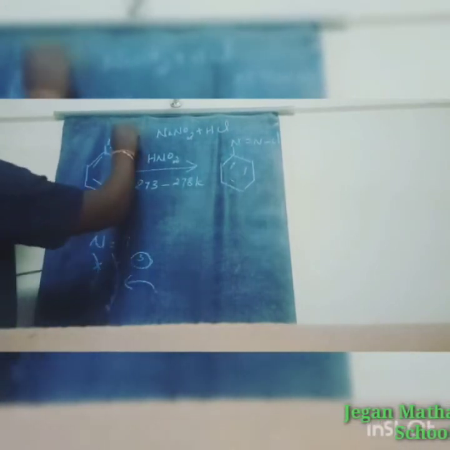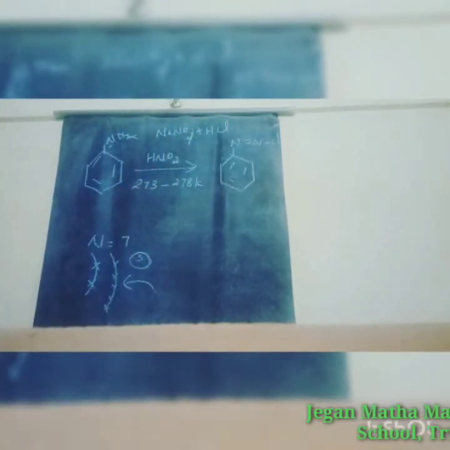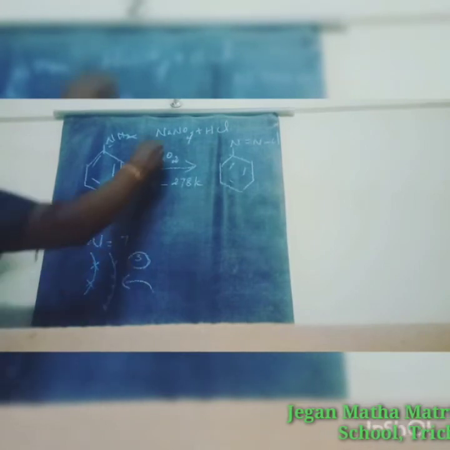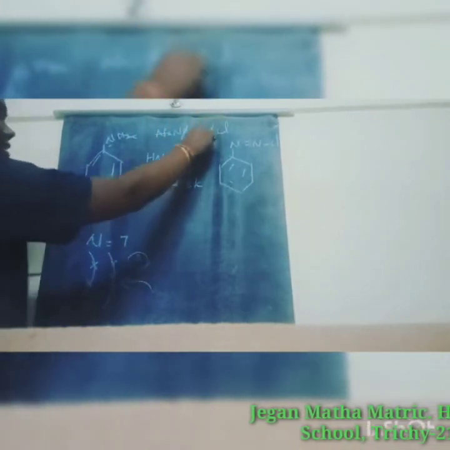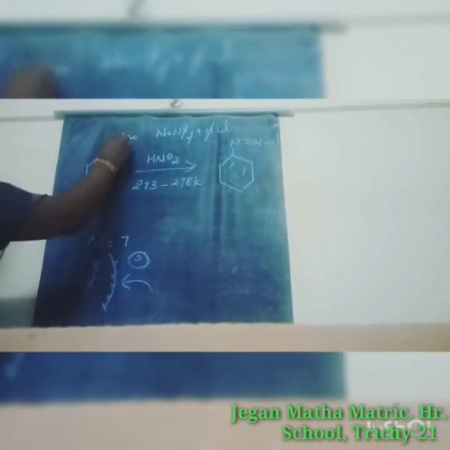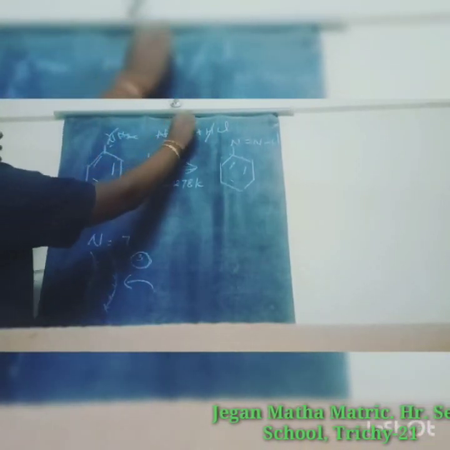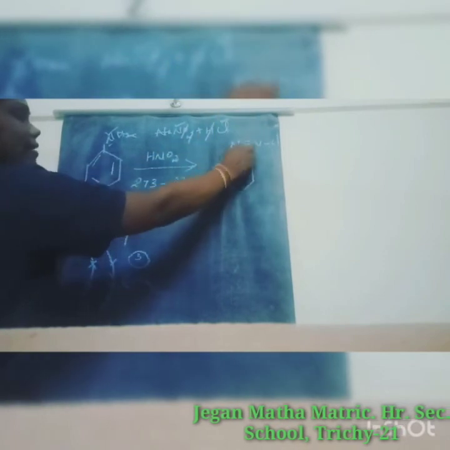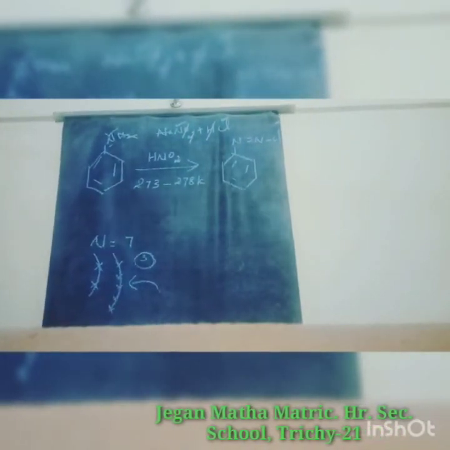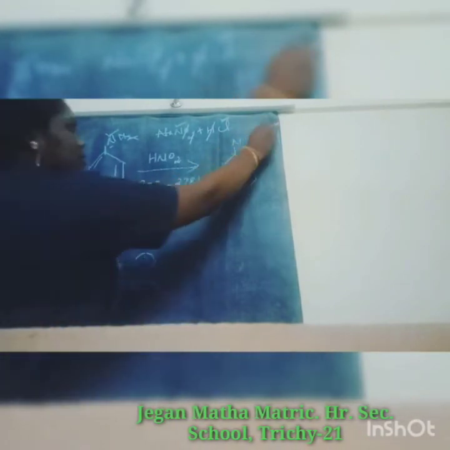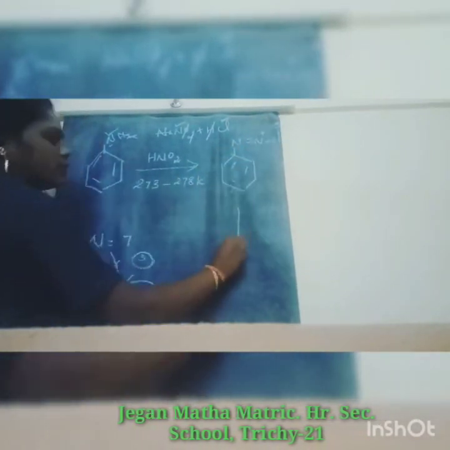So here we remove water molecules and sodium hydroxide. So water molecules means here H2, here one O is removed. And next one is sodium hydroxide. So here Na and next O and remaining H is removed. So what is remaining? Here one N, here another one N, here Cl. So N double bond N Cl. So benzene diazonium chloride is present. So one is positive, so this is negative.